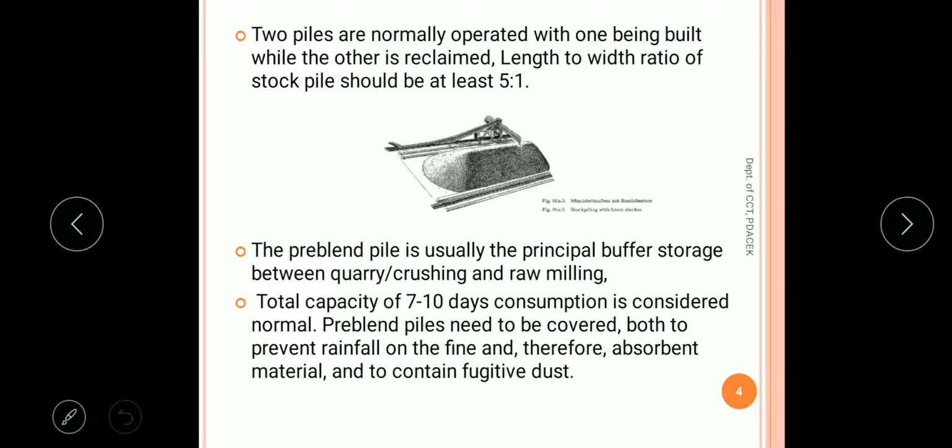After primary crushing, you must have seen the stacks laying out there. Okay, so this is longitudinal type. We will see the types later. So usually